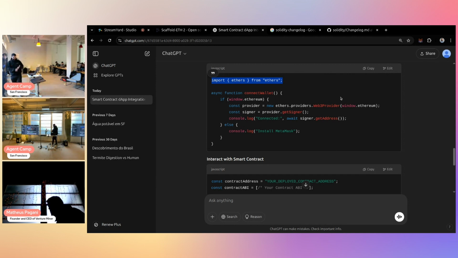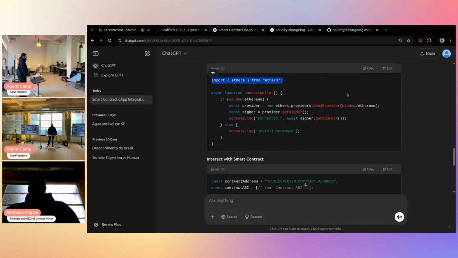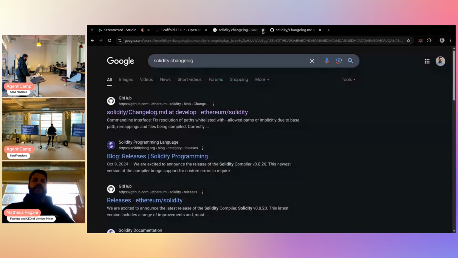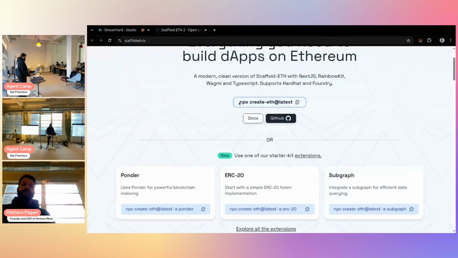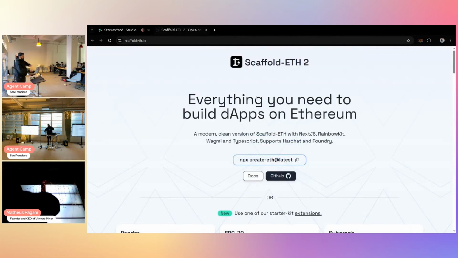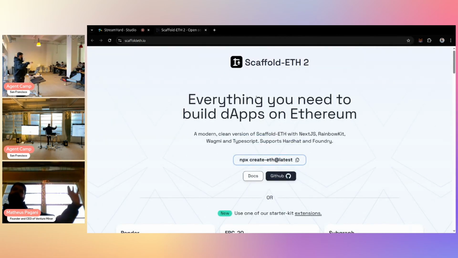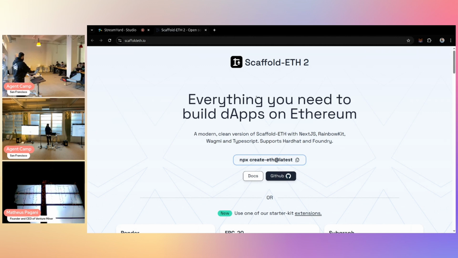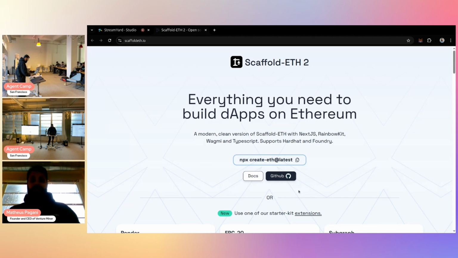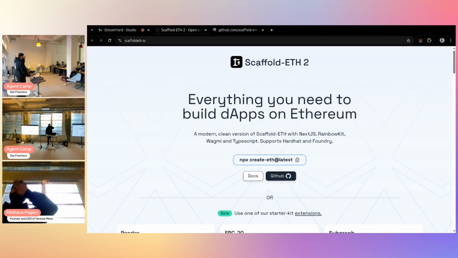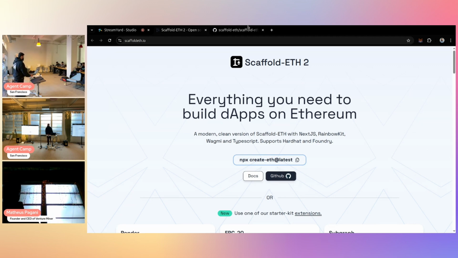Give context, start with a good template. This is what I'm going to suggest for you today. Instead of going directly to ChatGPT to code your smart contracts and try to get good suggestions out of it, you are going to start with a good template. For example, Scaffold-ETH 2. There are many templates like this. This is one of the best maintained and most beginner-friendly documentations out there for you to start your project, and it is open source, with everything that you need out of the box.